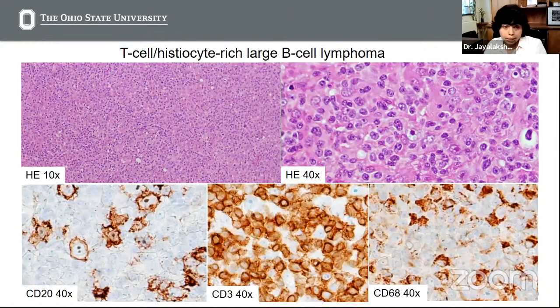The next entity, the first entity, right? We just saw a not otherwise specified diffuse large B-cell lymphoma. The first specific entity is T-cell histiocyte-rich large B-cell lymphoma. This is more or less very similar to a not otherwise specified type, but it is a very distinct morphologic entity. The tumor is composed of a dense T-cell and histiocyte-rich background, and very scattered, rare, smaller number of neoplastic cells,